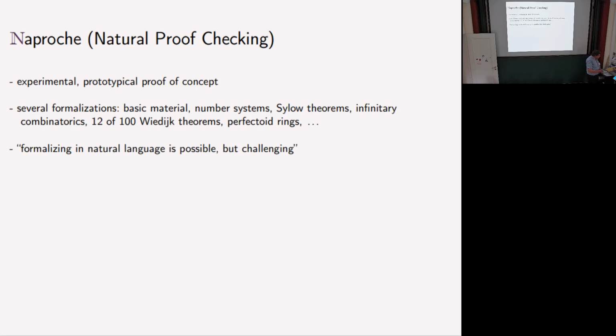But we have gone in certain ways. Of course, lots of basic material, number systems, actually also in the way we heard this morning: let's start with the complex numbers, and then the reals are a subfield of it, and the rational numbers are a subfield also. So this is the way we set that up. Pseudo-theorems are there, some infinitary combinatorics from rather difficult set theory, and some theorems.